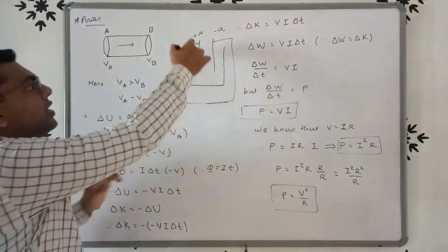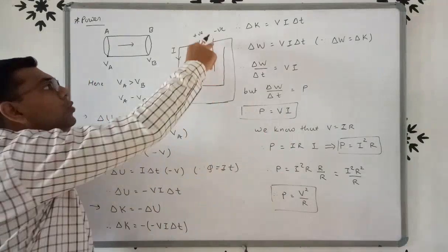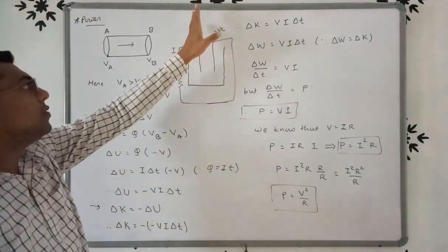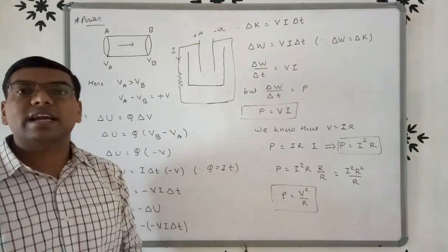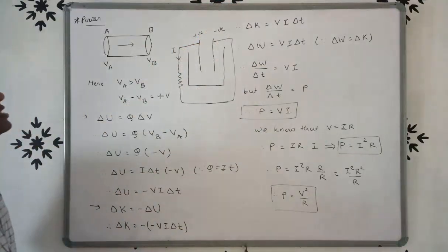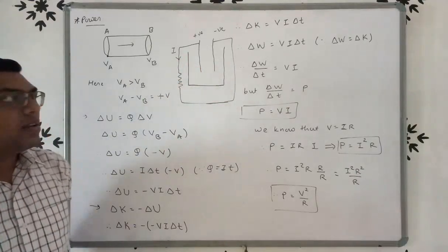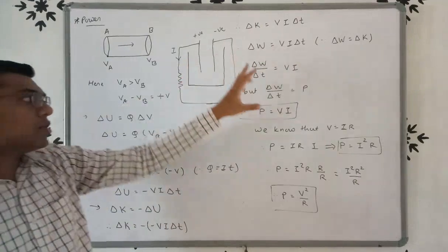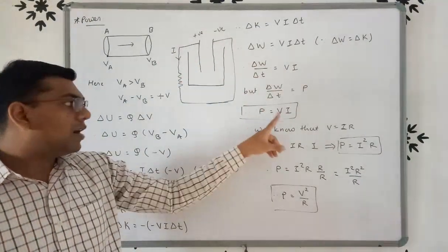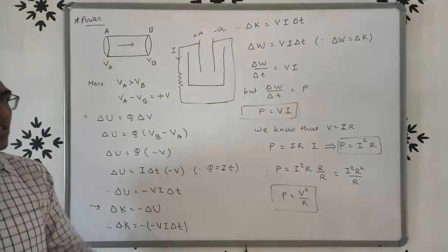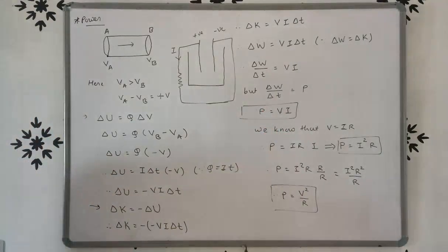Again, we take one electrolyte and put two electrodes into it. One is the positive electrode and the second one is the negative electrode. As we connect these two electrodes with the resistor R, in this case the loss of power depends on voltage V and current I, because we know that P is equal to VI. So here we discussed the power and the different formulas of power. Okay, thank you.